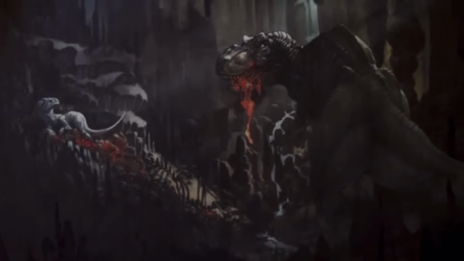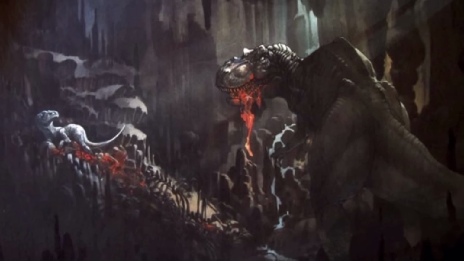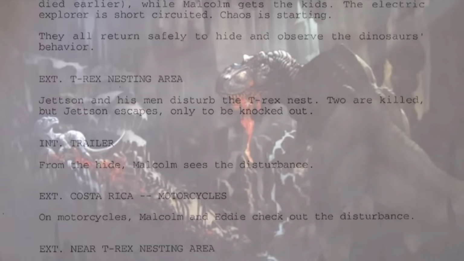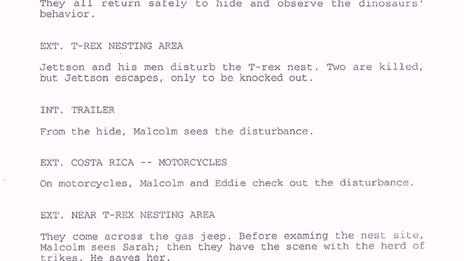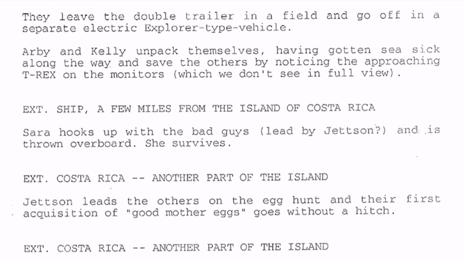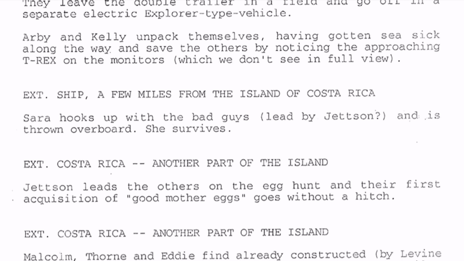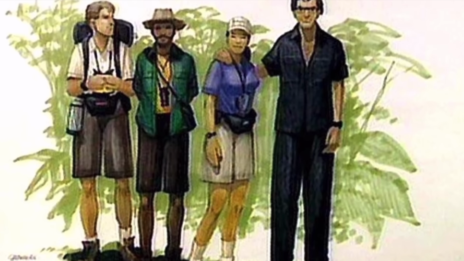Now for the actual story. So what I'm going to do now is run through the entire outline that David Koepp wrote up for this version of The Lost World and give you a synopsis of what Steven Spielberg and company were planning back in the day for the second movie. This is all stuff that's coming around circa 1995 and possibly way before even New Year's of '96. So without further ado, this was the first official outline for JP2.